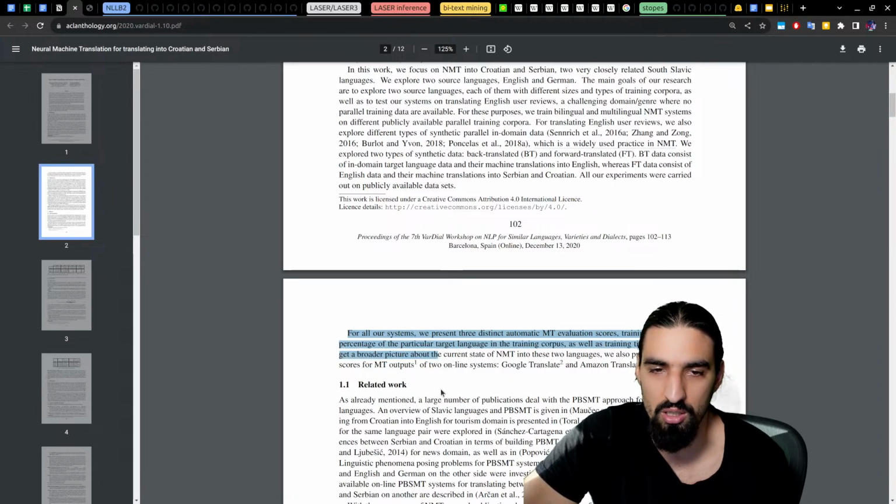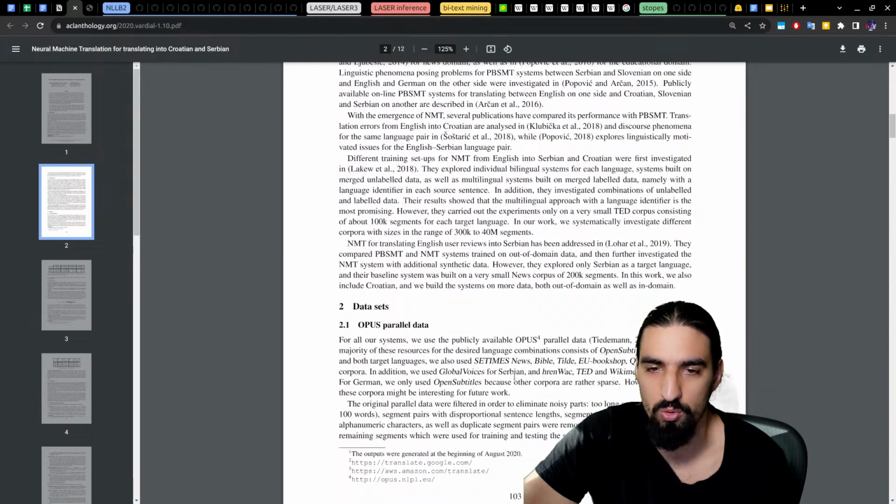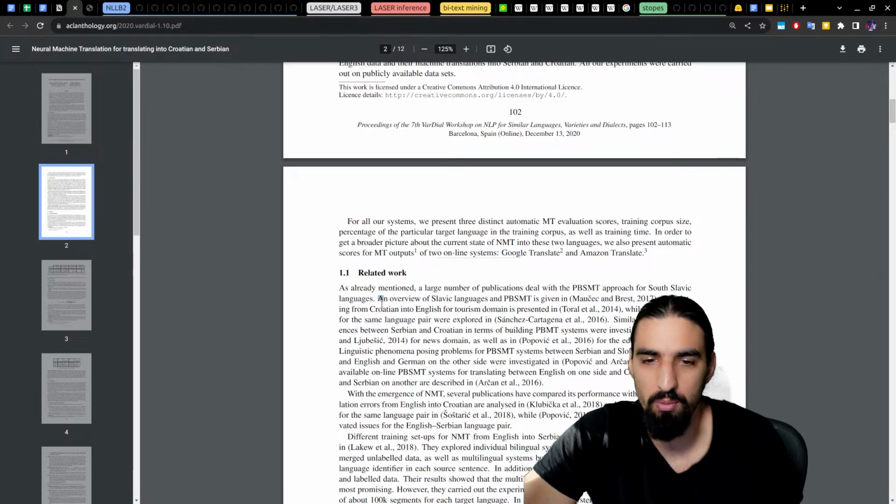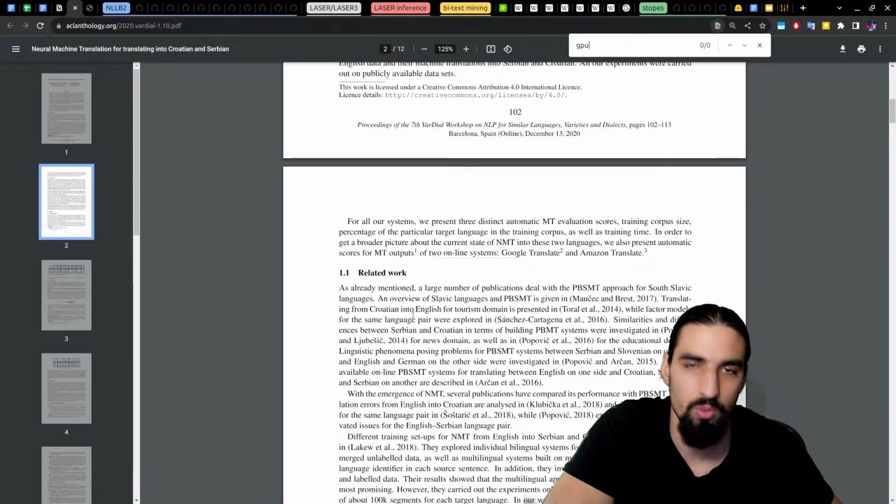Training corpus size, percentage, training time. We also present for two systems, Google Translate and Amazon. Fair enough. Do they mention GPUs anywhere before we continue? GPU,